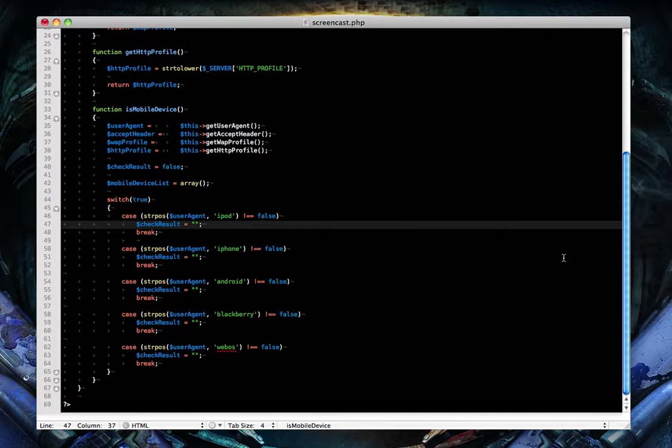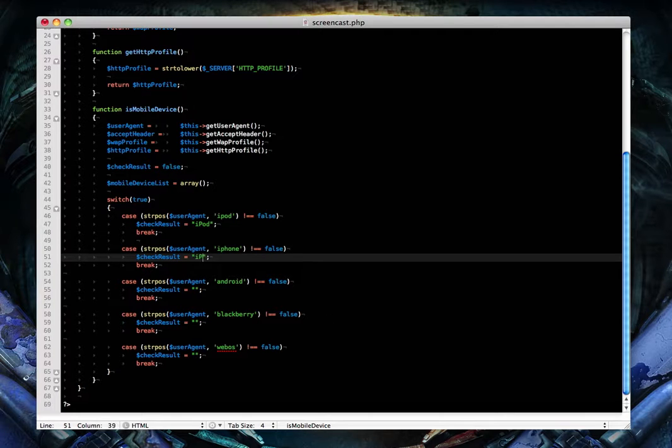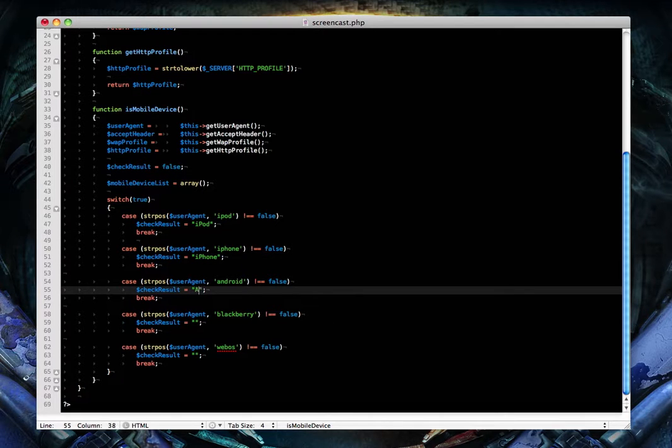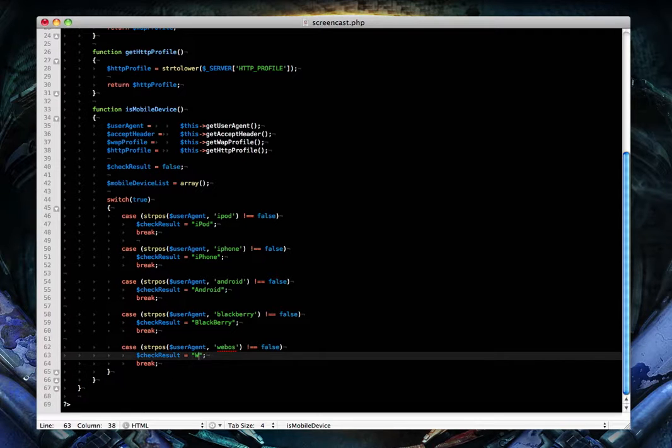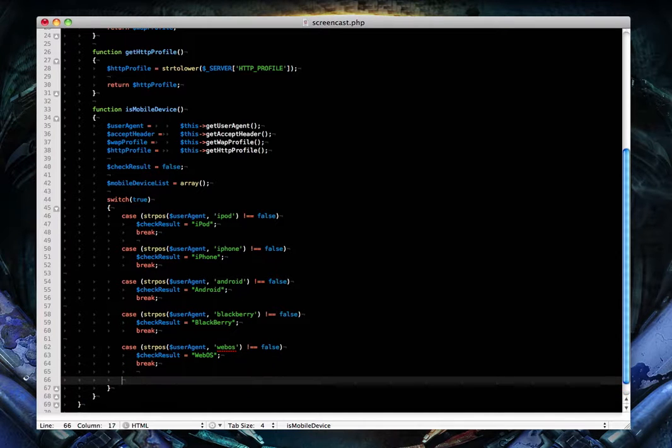Now we need to go back and set our check result. If it's the iPod, it's going to equal iPod, and then go through and do that for each one of those. iPhone, Android, BlackBerry, and WebOS. Alright, once we're done checking for high-end touch devices, we're going to do a generic check for strings that commonly appear in mobile phone user agents. So the way we're going to do that is set up another